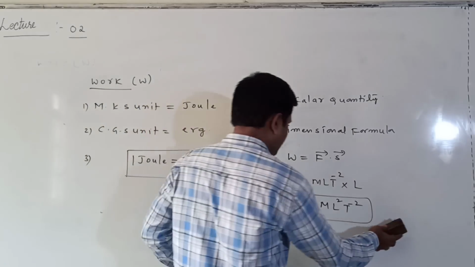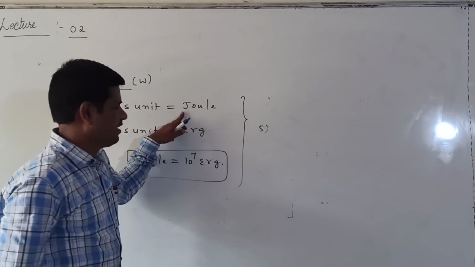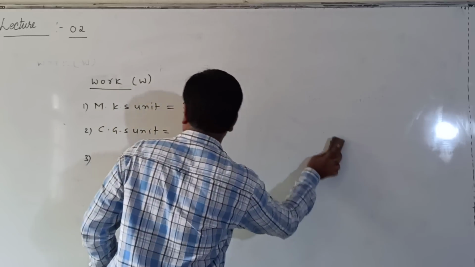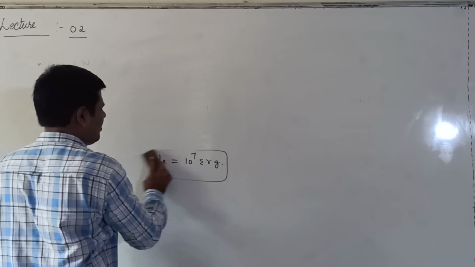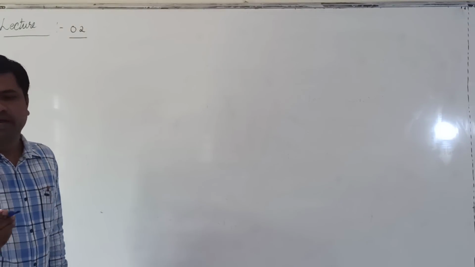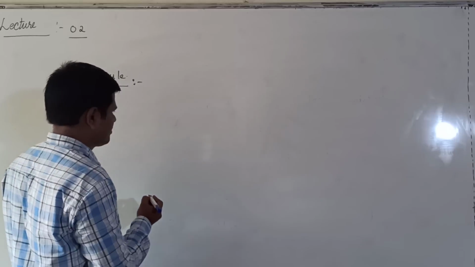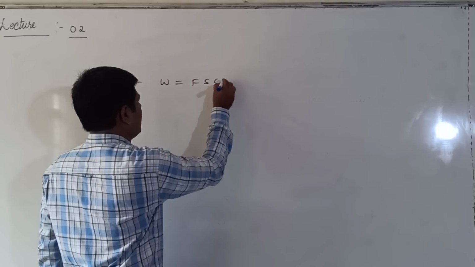Next we will define the joule also. What is the joule? Here the unit is joule. Sometimes in the examination they ask for the definition of 1 joule and work also. You know that we can easily write the definition of 1 erg also. First of all, 1 joule. When defining 1 joule, first we can understand it with the formula, then we can easily give the definition. First, W is equal to F s cos theta.